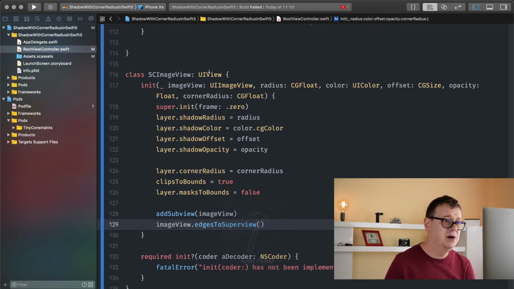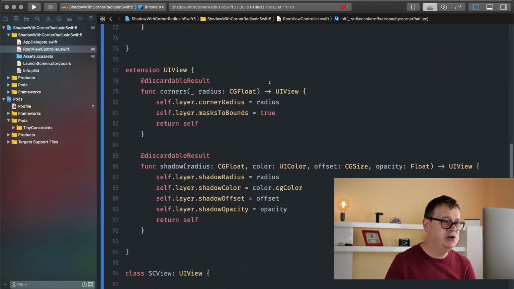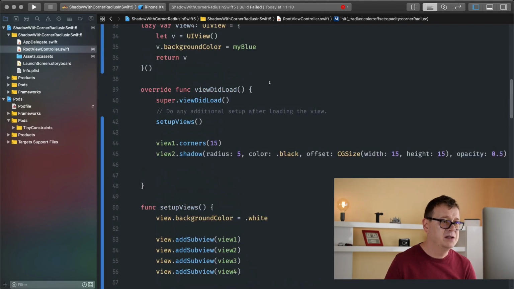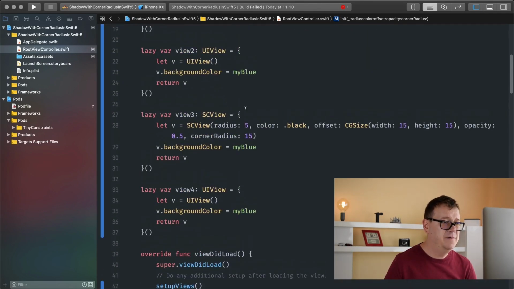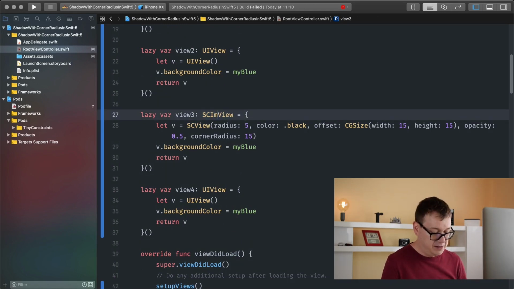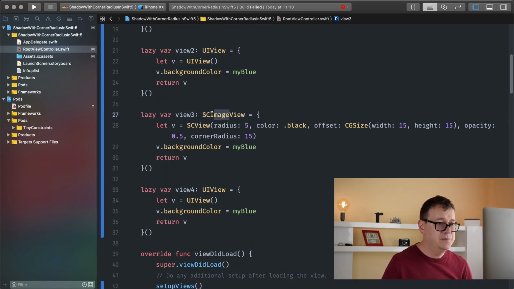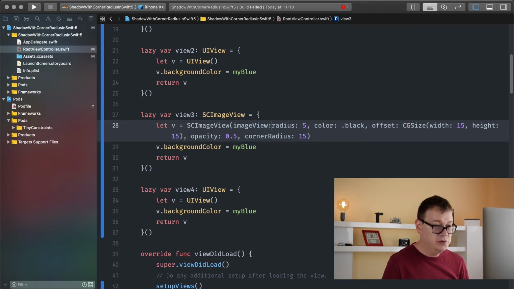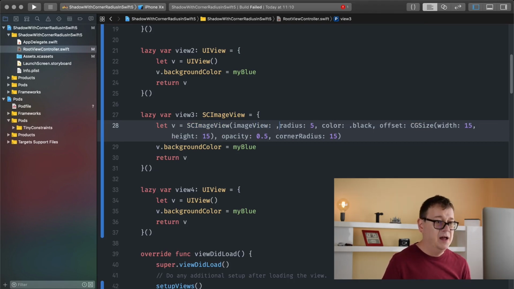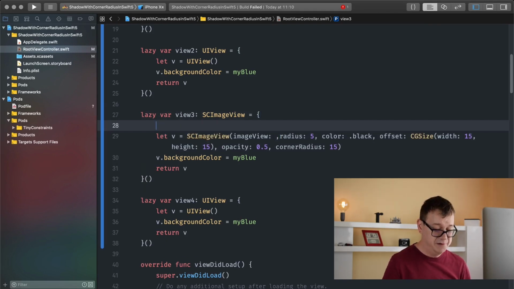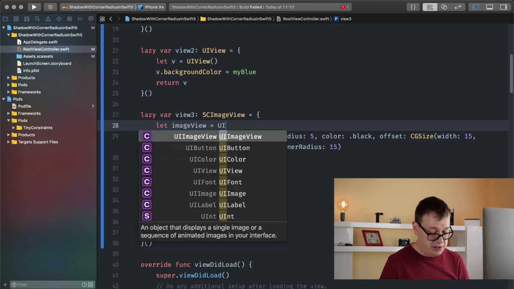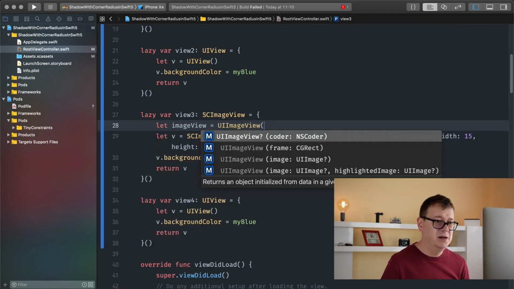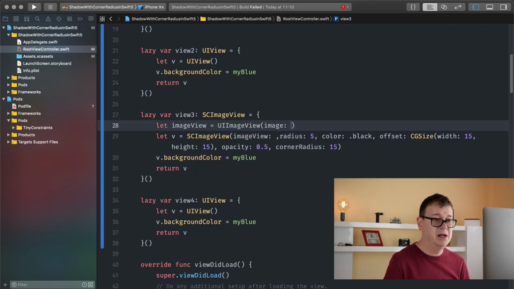Let's set our image view, and I will choose again view number 3. So let's see, view number 3, and this should be an SCImageView. Let's paste that in there. And what we want to add in here is an image view. Okay, and yeah, we want to construct our image view. So let imageView equals UIImageView, and with an image, and I will choose the image that I have added